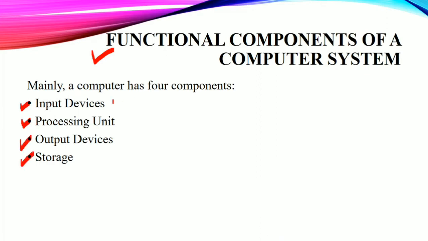As I have told you earlier, input devices are the devices through which we can input the data. And the processing device is our CPU. Output devices are the devices through which we can get the output or see the final result. And then at last we have storage. This storage is responsible for storing all the data. That data can be your temporary data, it can be your permanent data, it can be your results, or sometimes it can be your program files.